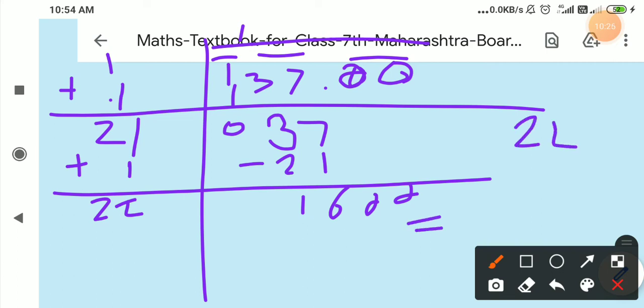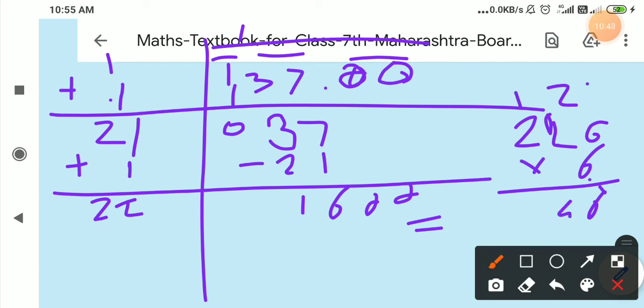If 0 is here, 0 is the unit place. Square of 10 is there, its unit place number is 0. So here if you are taking any number, we have to try the numbers. So 226 into 6, if I will try, 6 6s are 36, 3 carry, 6 2s are 12, 15, 14, 1 carry, 6 2s are 12 plus 1 is 14. This number is very much smaller than this number, so we will try the next number, that is 227, we will try.